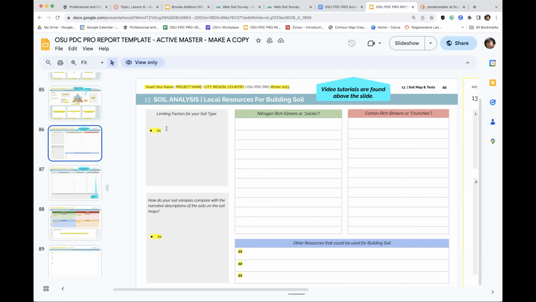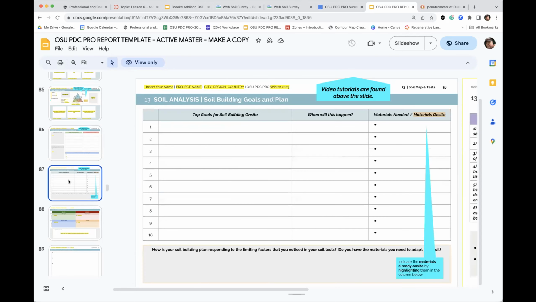There are a lot of ways of making clay textures lighter, and I think those are obvious. The big thing is compost and organic matter. So there's a few notes to put in here, what some of those nitrogen-rich elements might be for compost, same with carbon and some other resources,